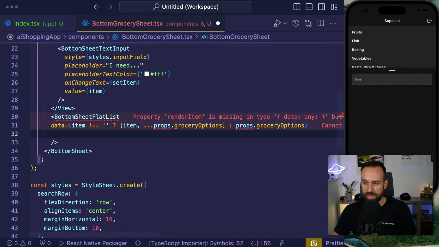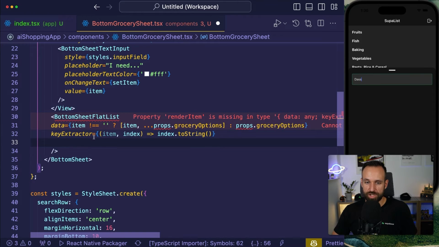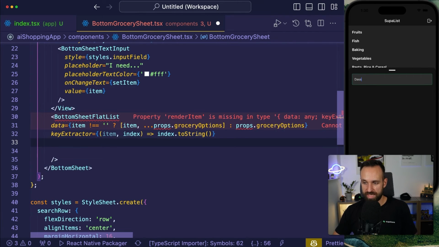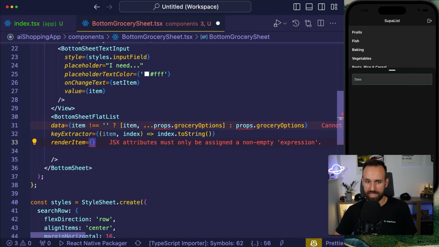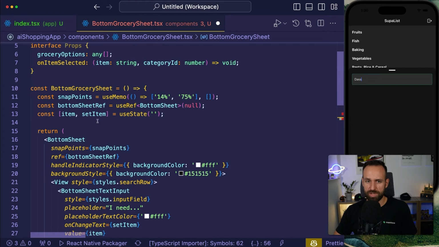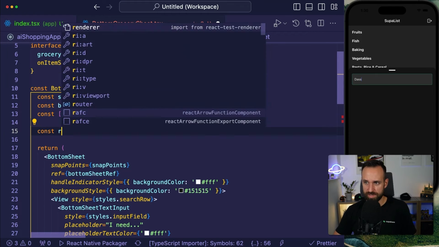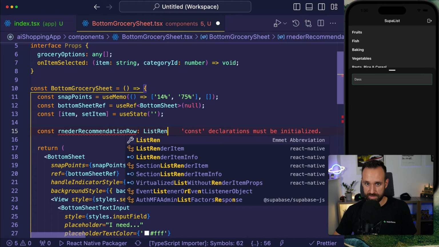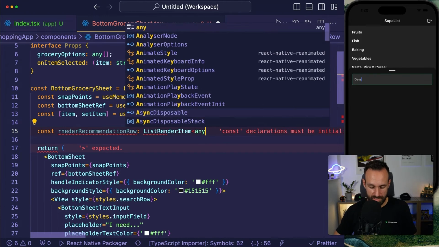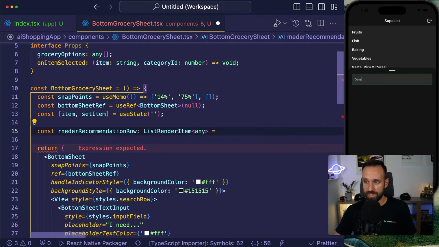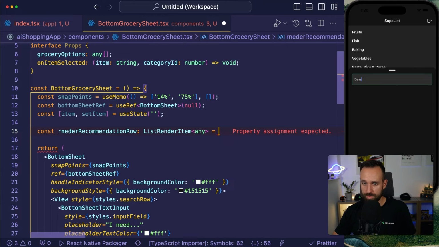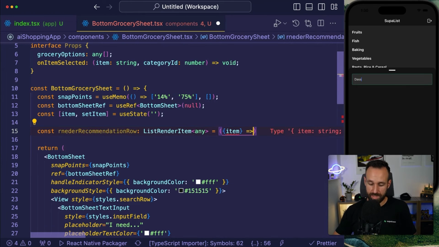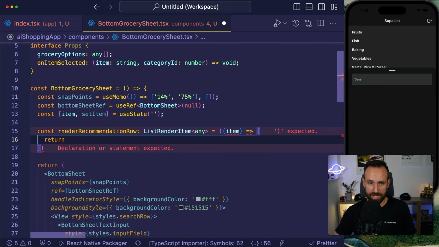Additionally, what do we need as well? We need the key extractor function. So this will use that. And then I want to have the render item function, which is probably the most important. And therefore I'm going to add a new const render recommendation row list render item. Yeah, actually I don't have that right now. Okay, so this is going to be no, otherwise item, and then let's just for now return,